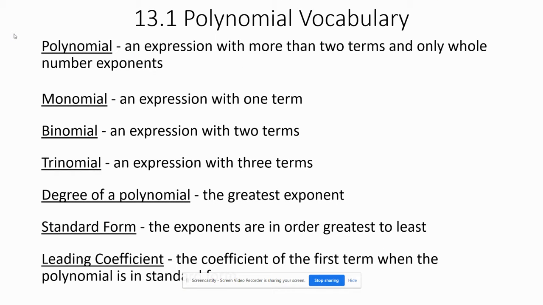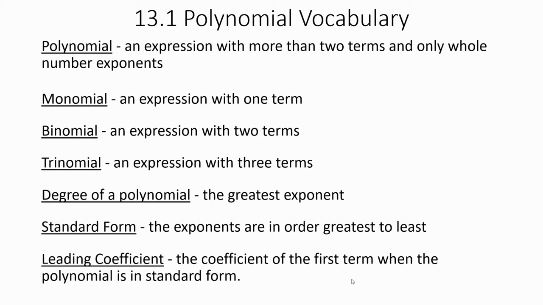Through chapter 13, which is going to be all in polynomials. So section 1, we're going to learn about the vocabulary that we're going to use with polynomials and what polynomials are. A polynomial is going to be any expression. Remember, an expression does not have an equal sign. Any expression with more than two terms, remembering that terms are separated by addition and or subtraction,